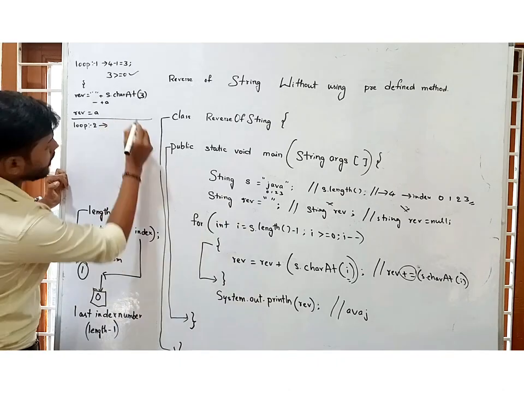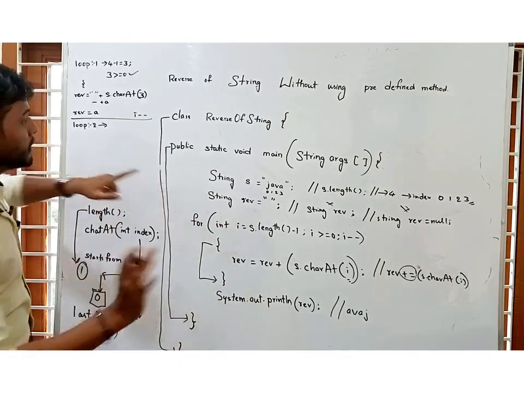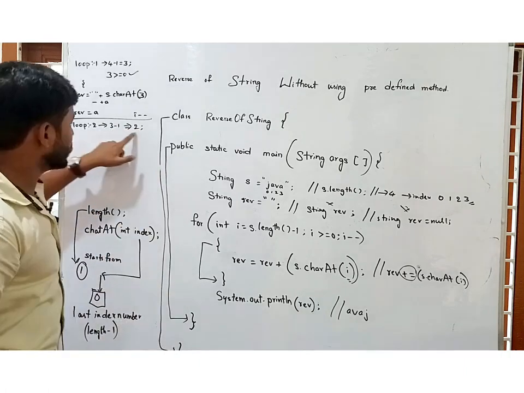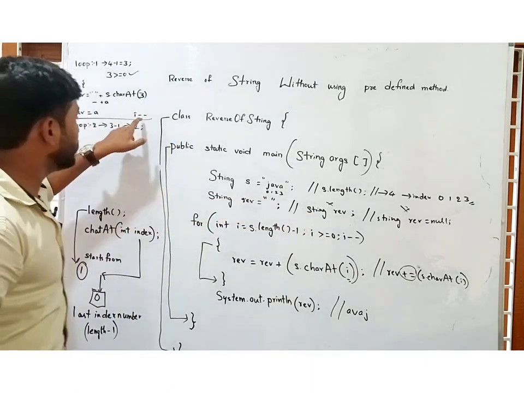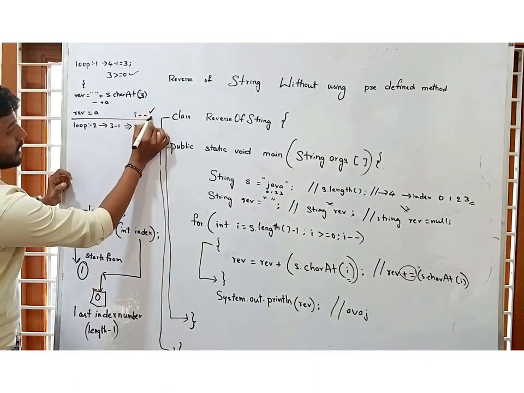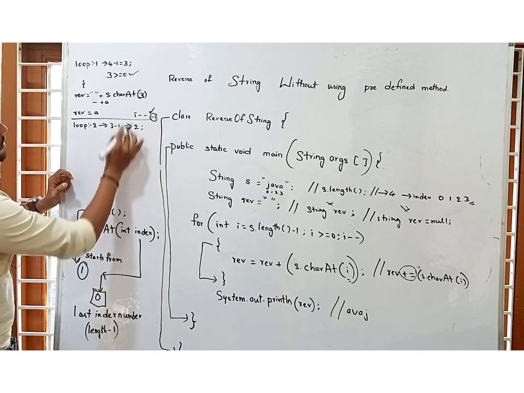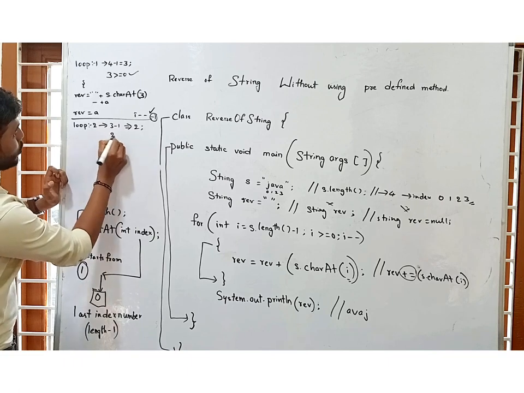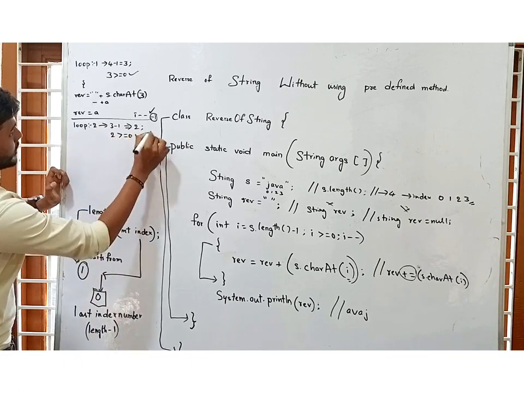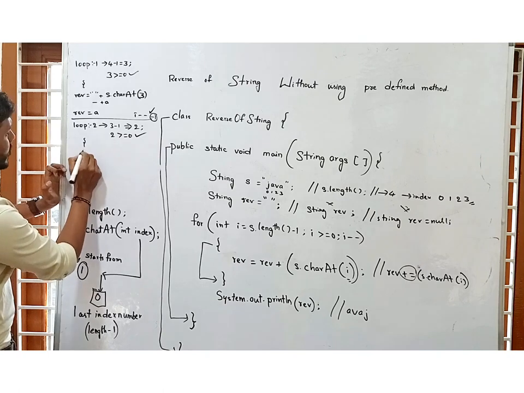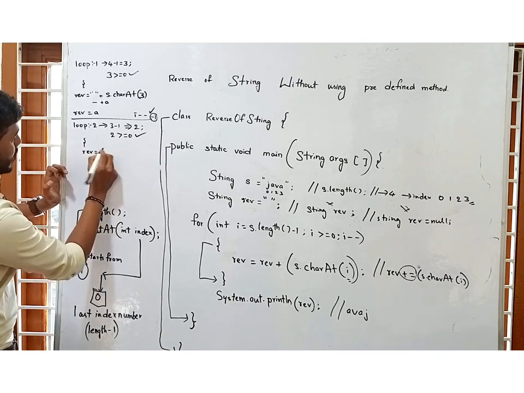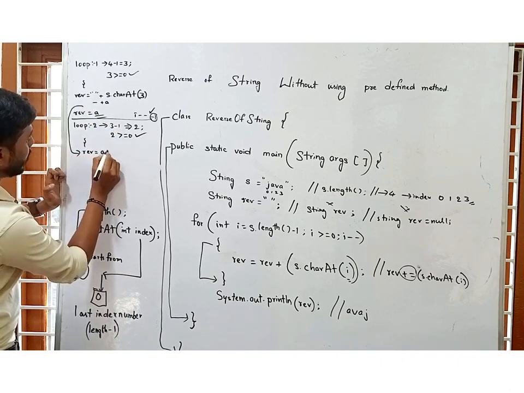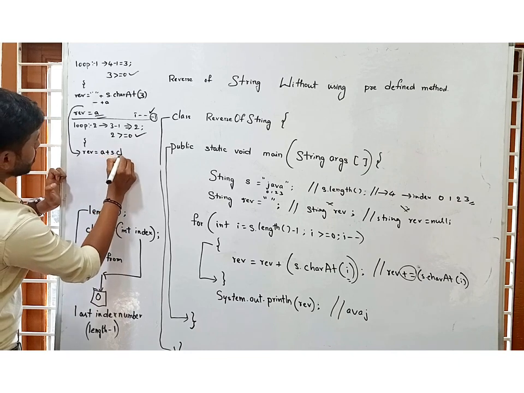Now after that we have I minus, which means decrement. So 3 minus 1, we are getting 2. Why are we getting 2? Here I minus means nothing but a decrement, minus 1. So I value is 3, 3 minus 1 equal to 2. Now let us see. 2 is greater than or equal to 0. The condition was satisfied. Now the loop was opened. Reverse equal to reverse. Reverse already got a value. Reverse value is A. A plus s dot charAt